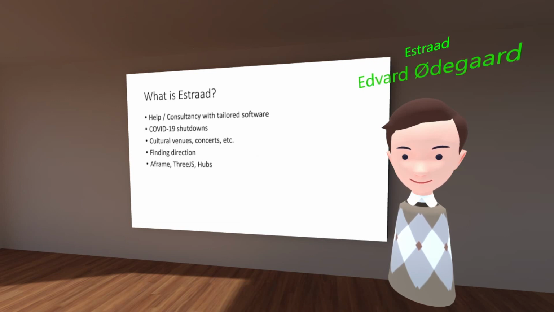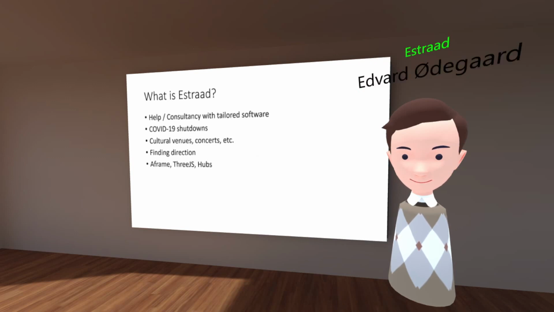So we looked into concerts and conferences and how we can bring people together again. We started looking into 2D implementations, 3D implementations, and we found networked A-frame, and we started to do a Vue.js prototype.